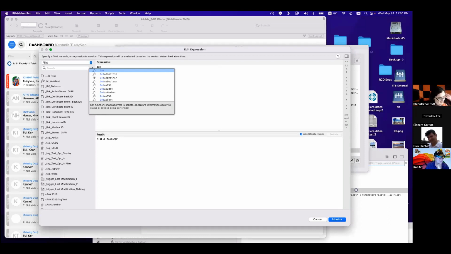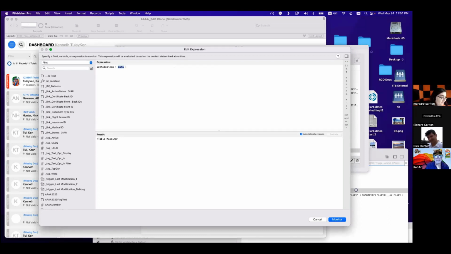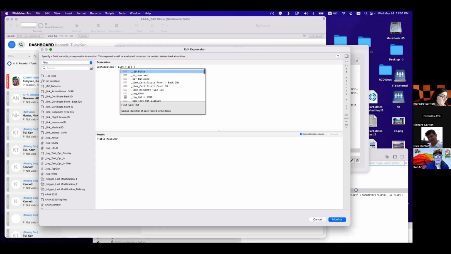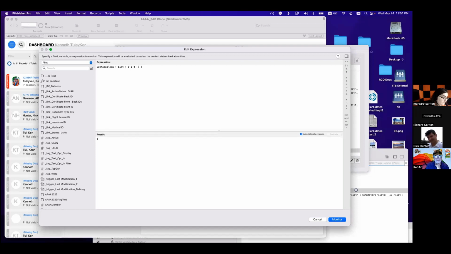Yeah. So get as boolean, right? Let's say I have a list, and in my list I have 0 and 0. So my list returns 0 and 0, right? I have 2 zeros in my list. That returns 0. But if I have a 1 here, that will be 1. Or if I have 0 here and a 1 here, that will be 1.